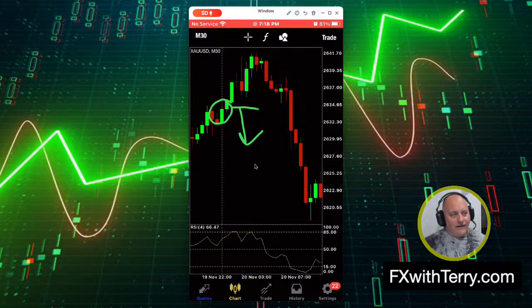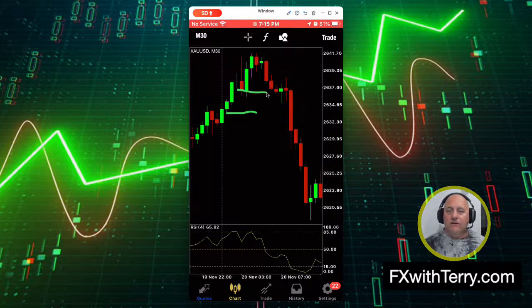And yet it would bounce back up and go in my direction. So I'm like, why don't I scale into this? Because I need to hedge, but I don't have to hedge the full 5.0 lot size. And all of a sudden I went, why haven't I thought of that before? Okay. So what I did was I hedged. A full hedge would have been 5.0. I hedged at 1.0 here.